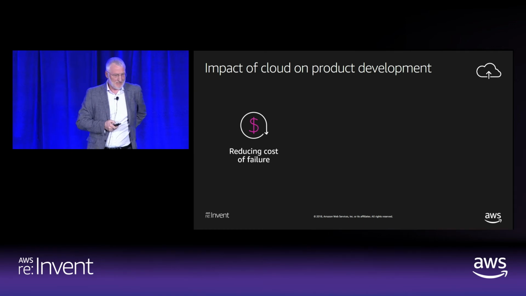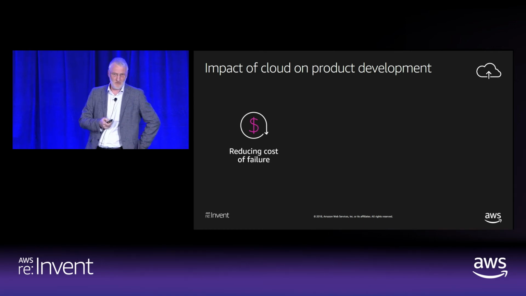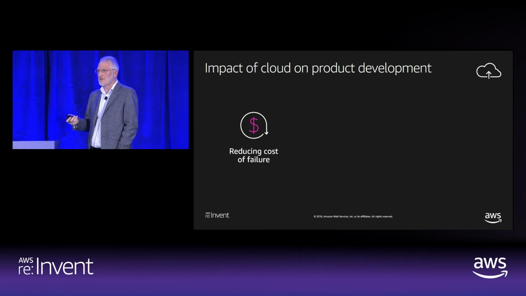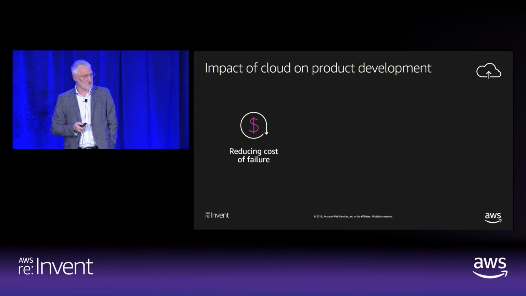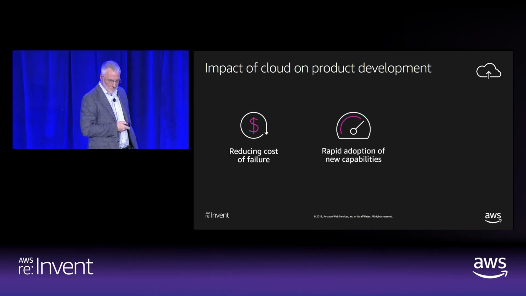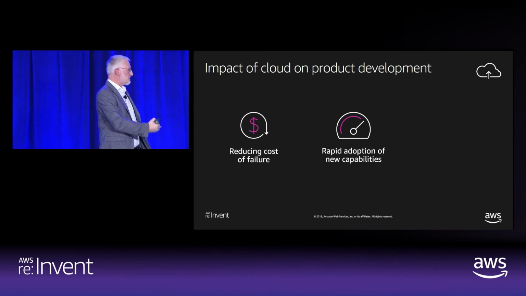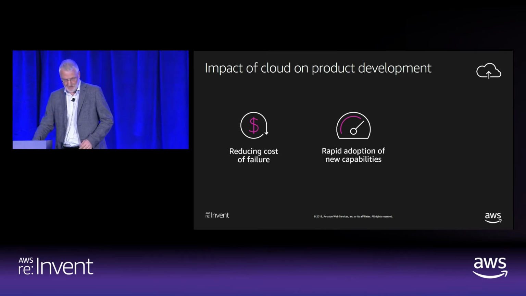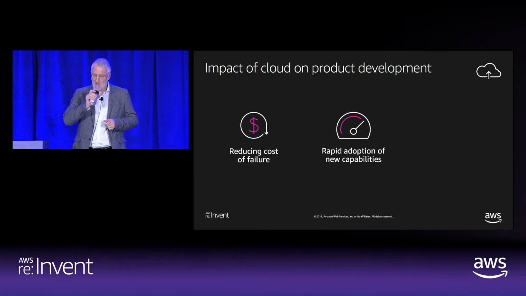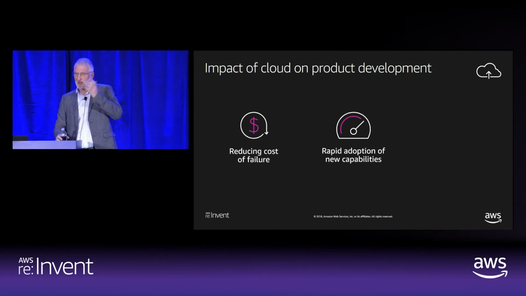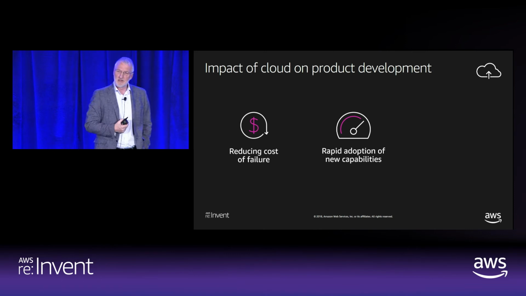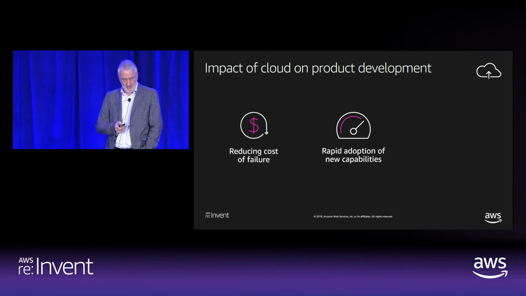So when you look at the impact of cloud on product development, again, there are three features that I want to highlight. The first one is reducing the cost of failure. This allows you to experiment and try new things for very low investment up front. The second one is when new capabilities come online, you can implement them very quickly. Traditionally, when you wanted to implement a new capability, you had to provision servers, you had to install things, you had to have multiple copies maybe of whatever that service is. In this world, it's easy to incorporate new services as they come online.